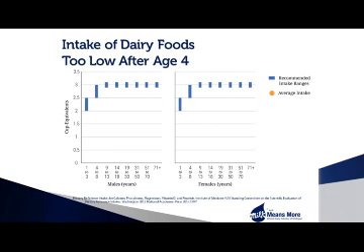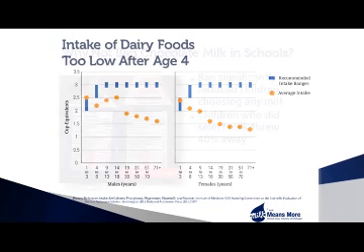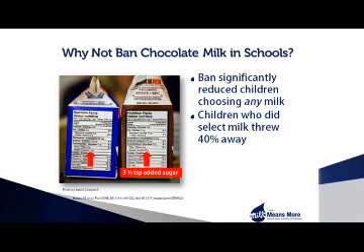The best sources of vitamin D and calcium and phosphorus are dairy products. This graph shows the gap between actual and recommended intake of dairy products. After age 4, the gap widens. Growing children must consume foods high in calcium, phosphorus, and vitamin D to support their rapid bone growth. Milk is an excellent source. It's no surprise that the 2015 dietary guidelines for Americans call for increased consumption of low-fat and fat-free milk and milk products. Some schools remove chocolate milk from lunch menus with unfortunate results.